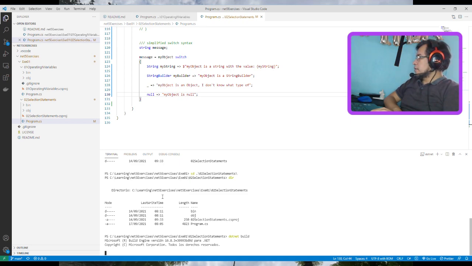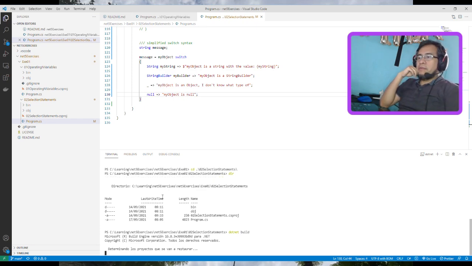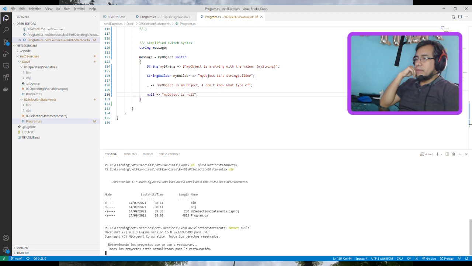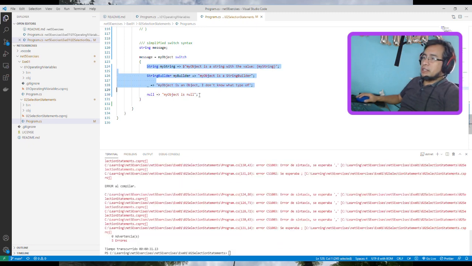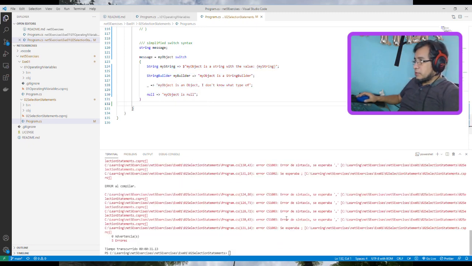Now for this case, we have this very strange way to see a switch. If you've been programming in C# and doing some stuff on .NET, this is very weird because you are used to seeing other parts. I lack a semicolon,